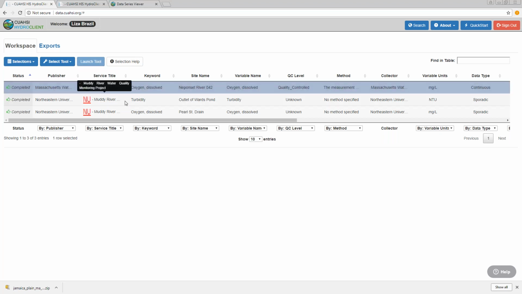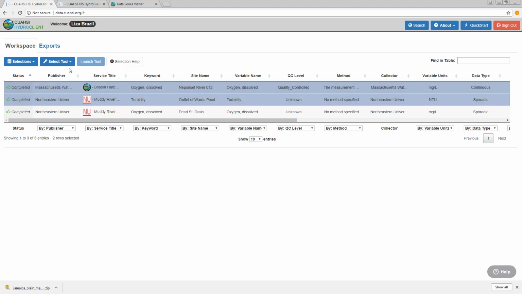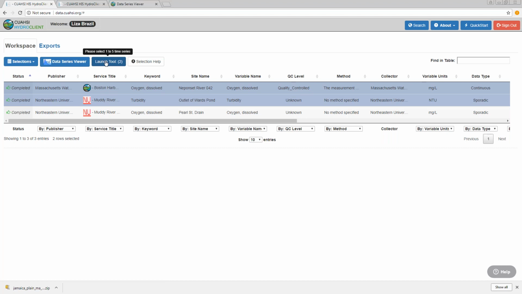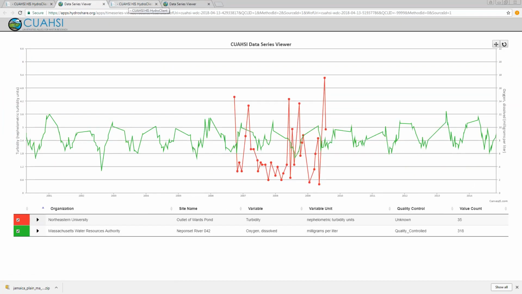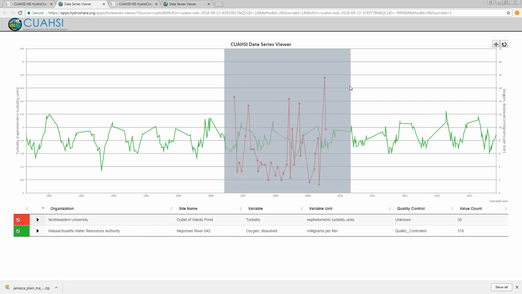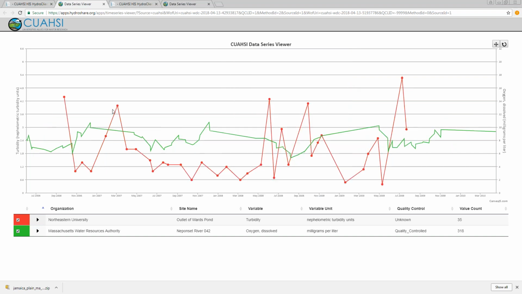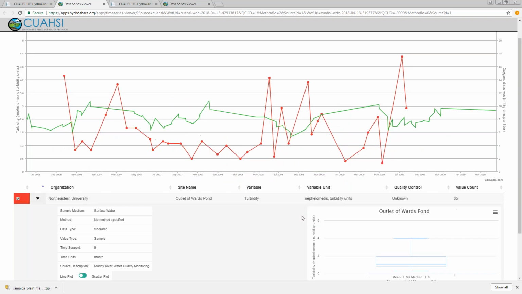So we're going to look at the first two data series. I'm going to select my tool. I'm just going to choose to view it. And you'll see a nice preview of the plot here. You can zoom into a date range where we can see some correlation here. We can get some metadata below.